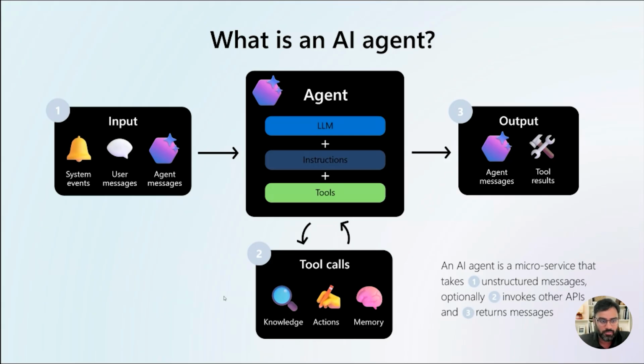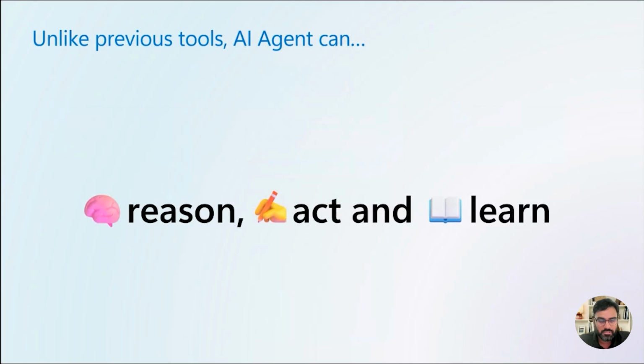So when you look at it, initially when you have the AI service, you have a lot of raw models and other patterns being used. But with agents, not only can they respond, they can reason, provide actions and responses, and they also started learning. So that's the next evolution where agents are proceeding.